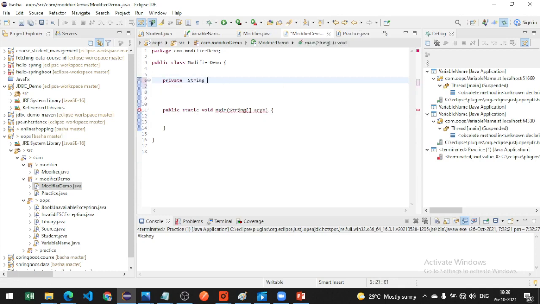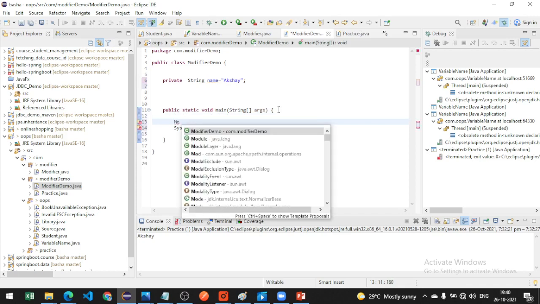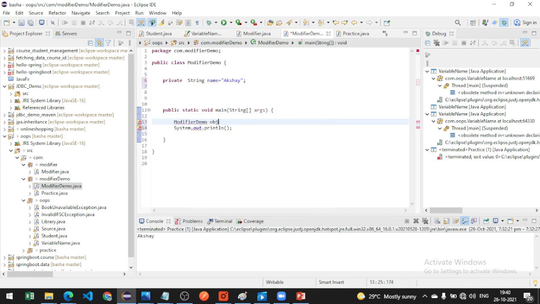Create a variable: private String name equals to Akshay. See what happened. I want my output, so I create a system print statement. I want to create an object for my class: obj equals